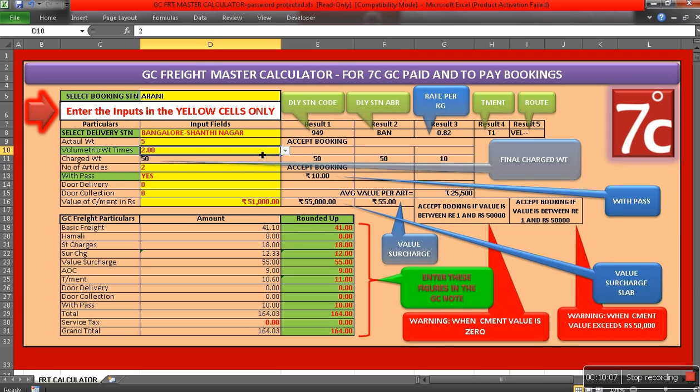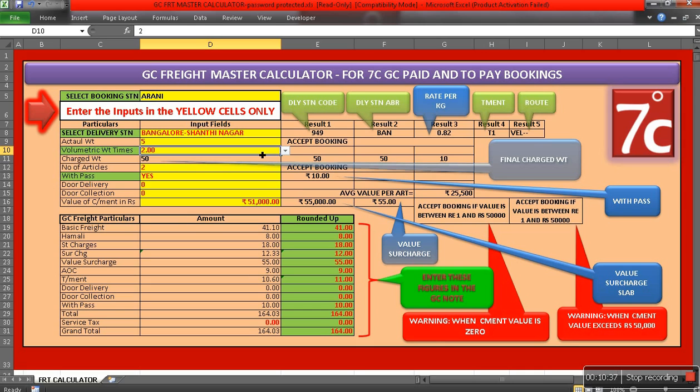Next is, suppose the 5 kgs weight that has been given to you. It could be actually on weight basis, or it could be a consignment that is occupying a lot of space, which means it is bulky. Normally for bulky consignments, we take the dimensions, that is the length, breadth, height, multiply these three factors,